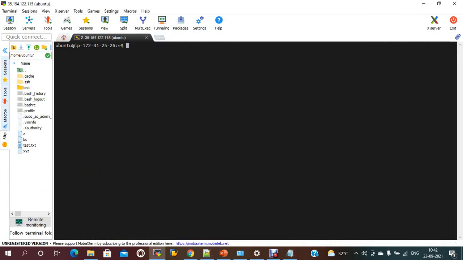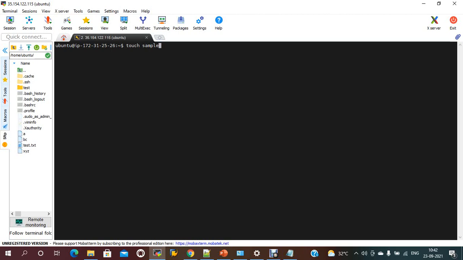First we'll see the touch command. The syntax is touch and file name. The file name can be anything, like sample file. If you need any extension, you just need to provide that extension.